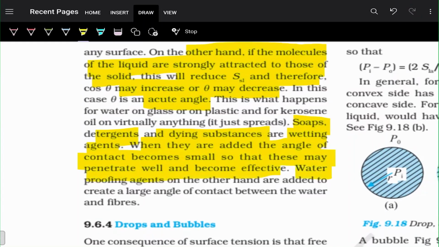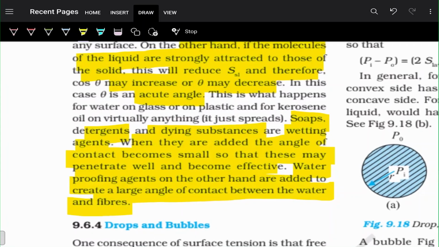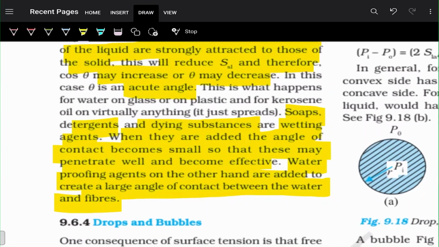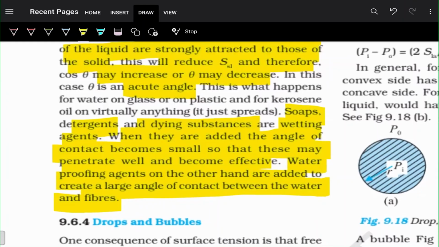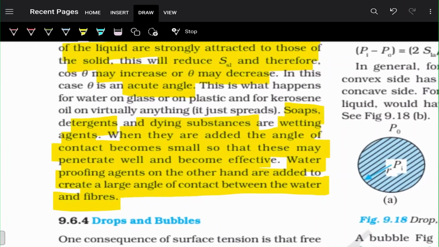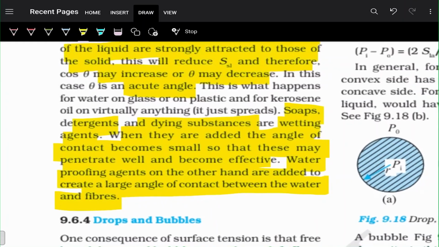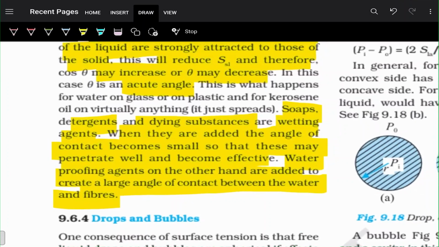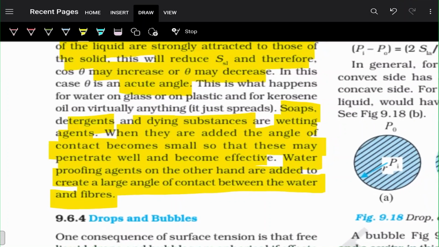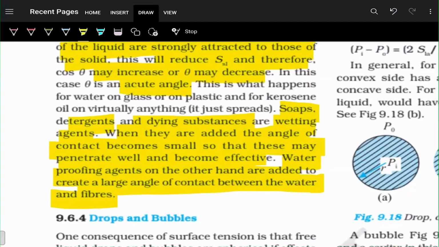Waterproofing agents, on the other hand, are added to create a large angle of contact between the water and the fibers. So wetting agents like soaps, detergents, dyeing substances: അവർ ആഡ് ചെയ്താൽ ആംഗിൾ ഓഫ് കോണ്ടാക്ട് കുറയുന്നു. സോ നമുക്ക് പെനിട്രേറ്റ് ചെയ്ത് പോകാൻ പറ്റും. ഇനി വാട്ടർപ്രൂഫിംഗ് ഏജന്റുകൾ അവർ ആംഗിൾ ഓഫ് കോണ്ടാക്ട് കൂട്ടുന്നു. Next, let's study drops and